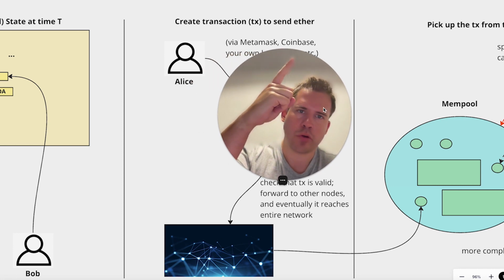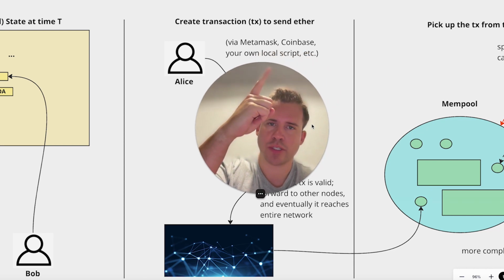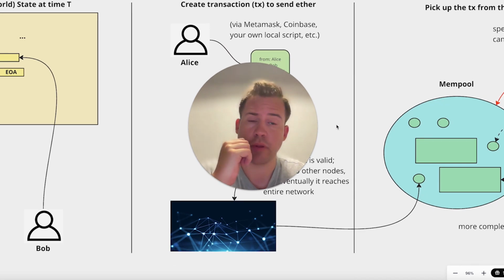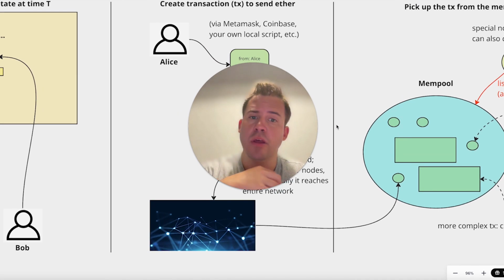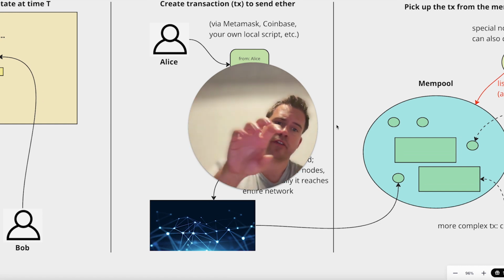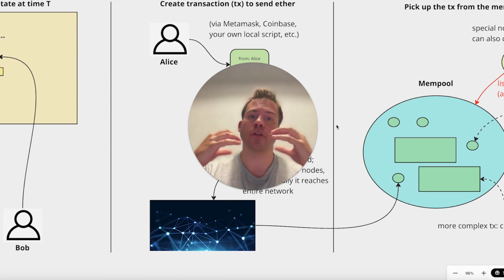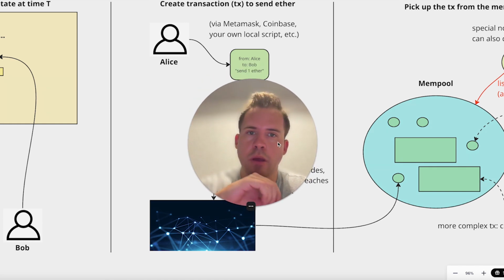Coinbase does the same. You go to Coinbase, you send 1 ETH to Bob. It's the same thing. They also connect to nodes and make sure your transaction goes out. But again, you're trusting a centralized entity. That's fine. And then again, as I mentioned up front, with your own local script, you can do this yourself, and then you're not trusting anyone per se. You just need to have a list of nodes you can send this out to, to seed it. And then they will send it on to other nodes in the network, and soon the whole network will know about it. All right. Anyway,